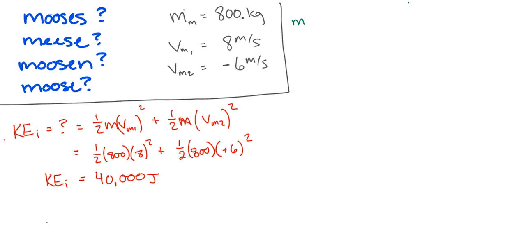Okay, so we've got the mass of a moose times the initial velocity plus the mass of a moose times its initial velocity, which is negative. Okay, so this is really important. One of them is moving one direction, one is moving the other, so one has to be positive, one's negative. I decided that the first moose is the positive direction, so anything going right is going to be positive. So when I find the final velocity of the moosin,